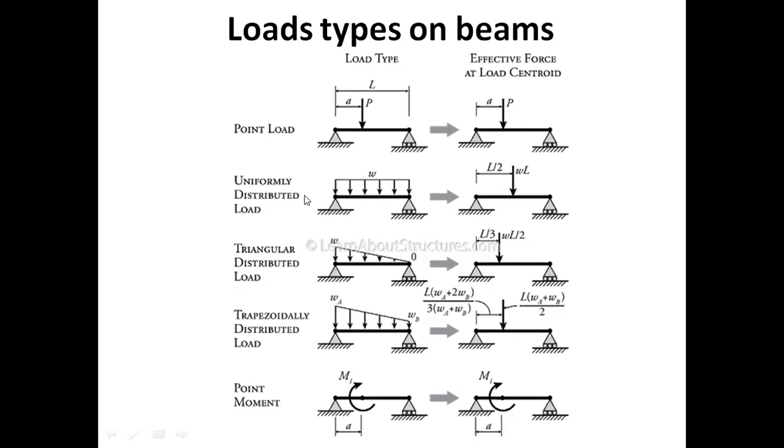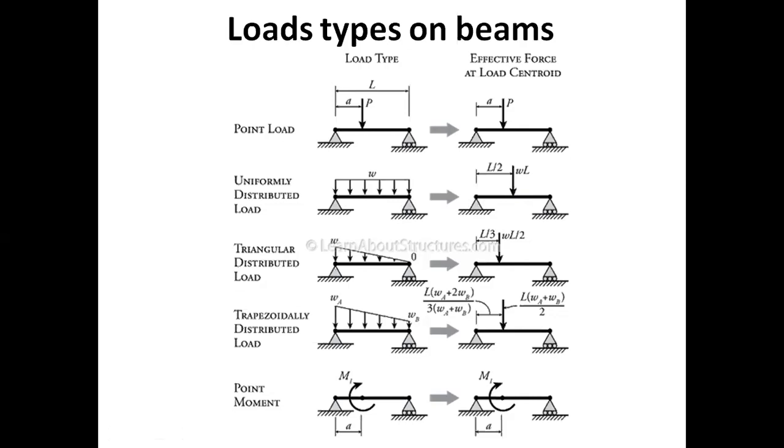So we call it UDL, uniformly distributed load. The resultant of this load is the intensity multiplied by the length. So WL would give us the resultant of the load, and this resultant would be acting at the centroid of the